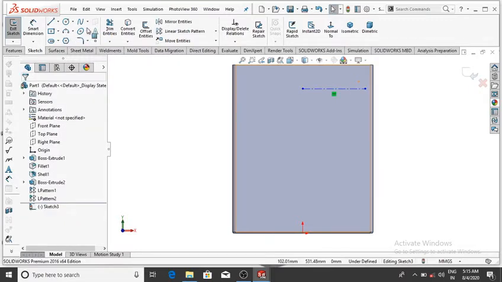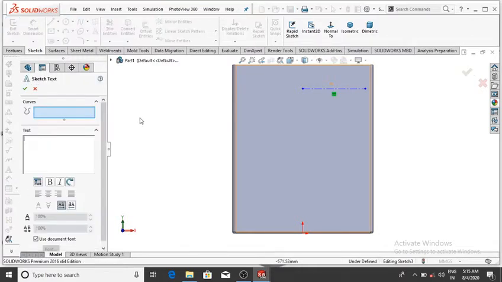And select the text, and now select the curve. So simply select this line and select the text. So I make it Exide battery, then make it center aligned and bold.